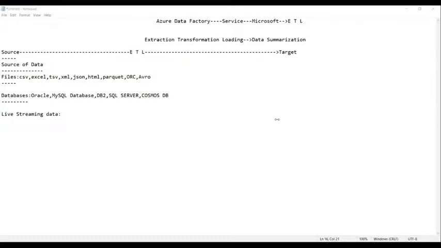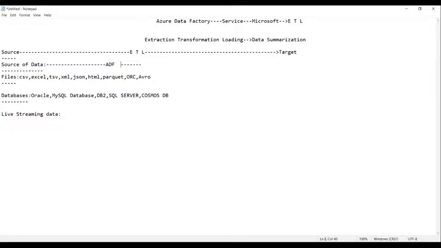These are all the sources of data. Further, from the source of data, the data is extracted. So on all this data, we use ADF, that is called Azure Data Factory.